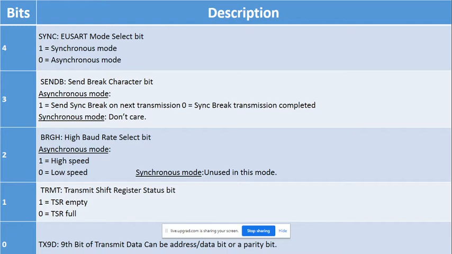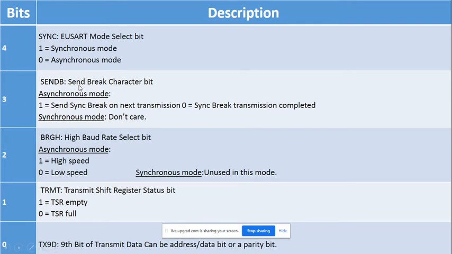In asynchronous mode, whatever data you want to transmit, you first convert into a package. Suppose you have 8-bit data or 9-bit data, you must convert that data into a package by adding a start bit and stop bit. By adding the start bit and stop bit, you convert the data into a package or frame, and then you send it from one device to the other.